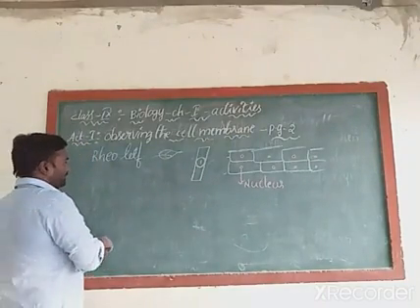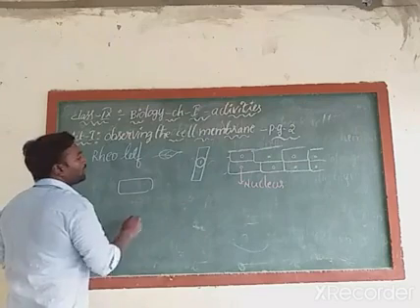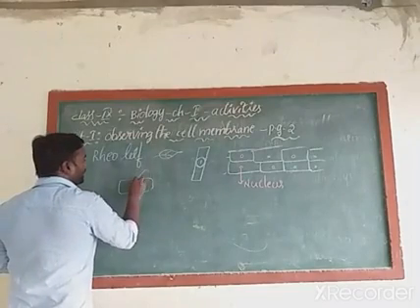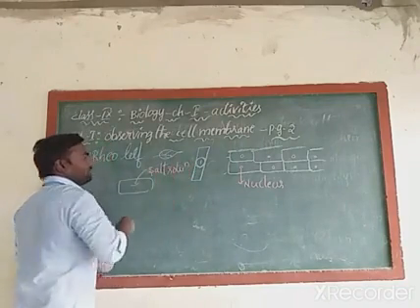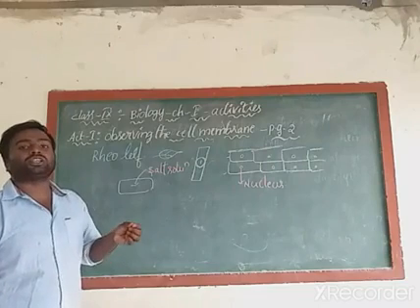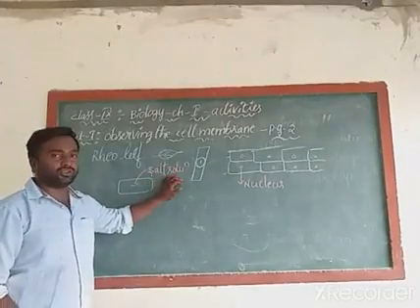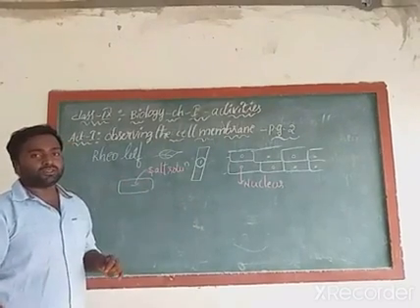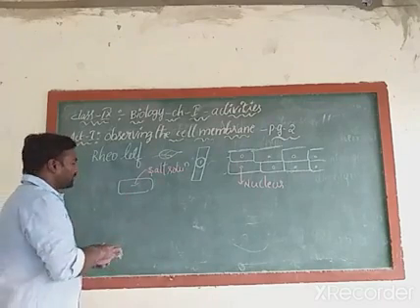After observing these rectangular shaped cells, we need to take a small piece of Rheo again and keep it over the surface of a glass plate or a watch glass. So this is a small piece of Rheo. Next we need to add a salt solution to it. How do we prepare the salt solution? In our textbook it says take 50 ml of water, add 1 teaspoon of salt to it, and mix the contents well, then we will get a salt solution. Now add 1 or 2 drops of salt solution to the piece. Wait for a few minutes. After that we need to cover it with a cover slip again.